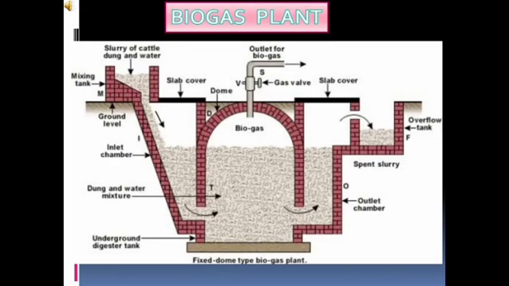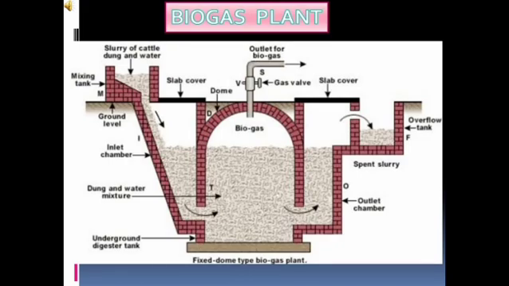Now let's see the working of the biogas plant. Cow dung and water are both mixed in equal proportion and prepared into the slurry in the mixing tank M. Then this is passed by the inlet chamber I towards the digester tank T. Then this slurry is kept for 50 to 60 days for the new gas plant to become operative, that is, to start functioning. During this period it undergoes degradation by the anaerobic bacteria in the presence of water but in the absence of oxygen with the gradual evolution of the biogas.